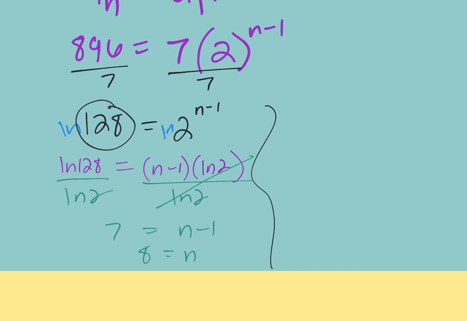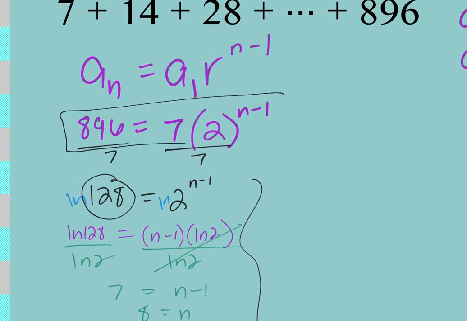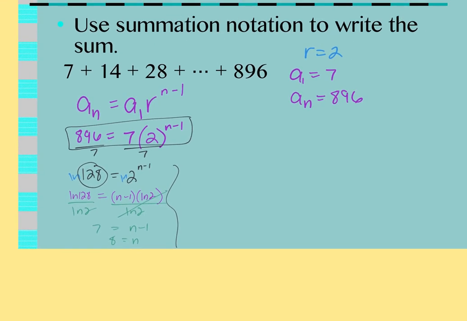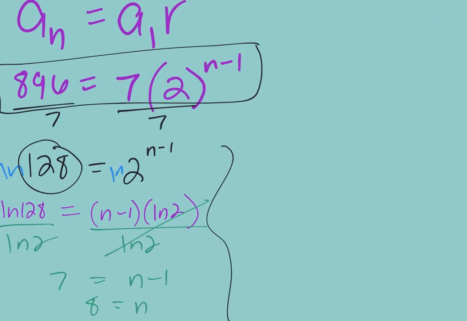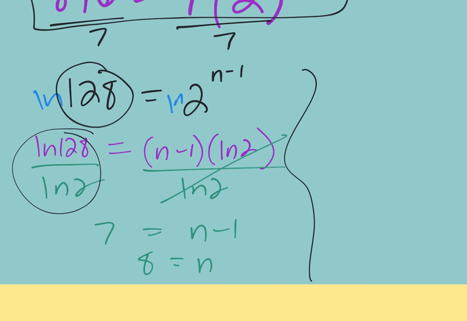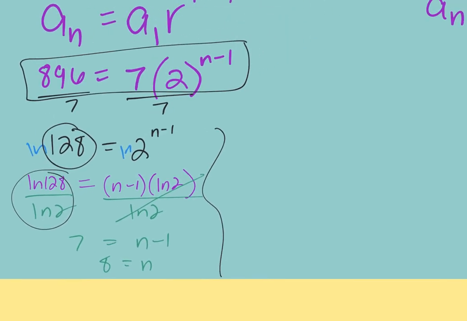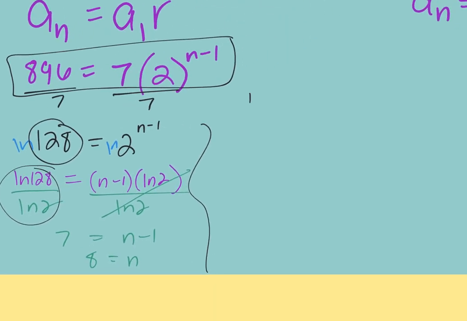Wait, where did you get the 7? From here. Like 7 is your first term. Yeah, so I divided both sides by 7. Oh, from here, I actually plugged this into the calculator. Okay, without a calculator, though, I'd have to take the 128 equals 2 to the n minus 1 and